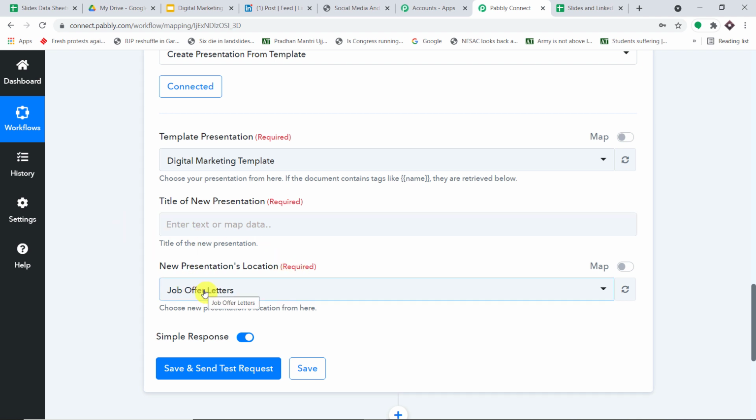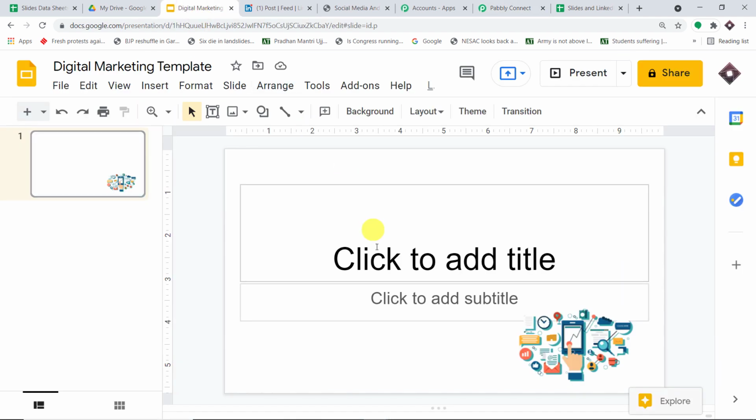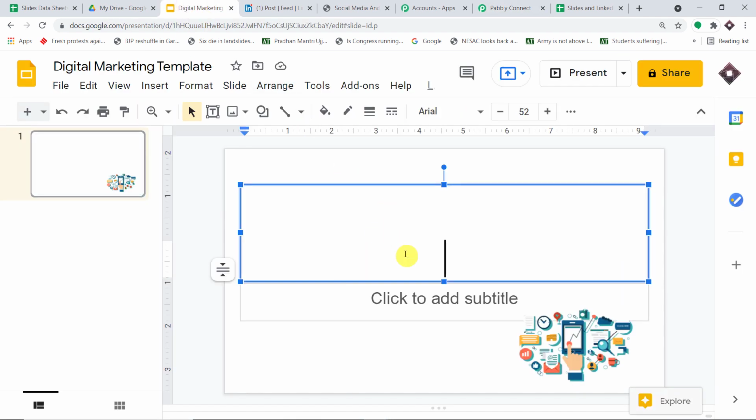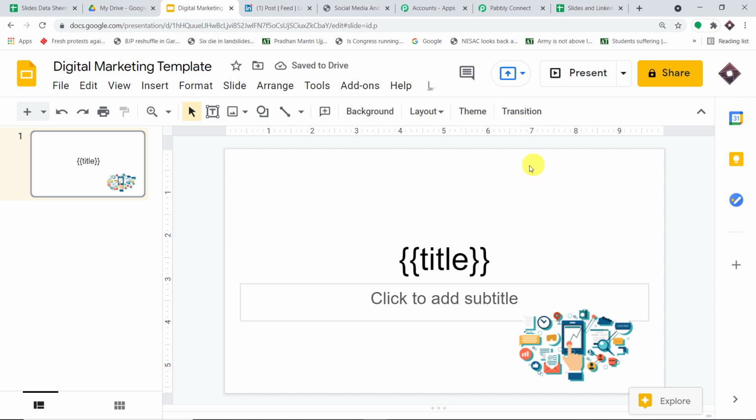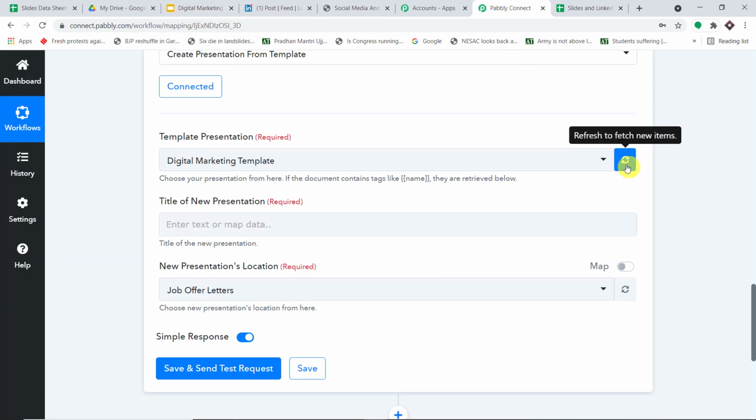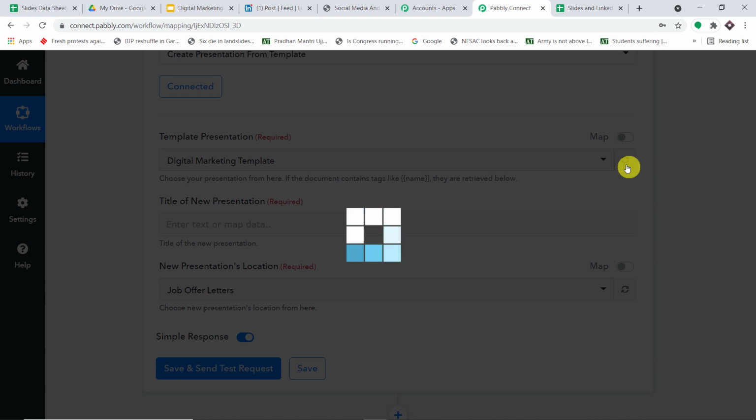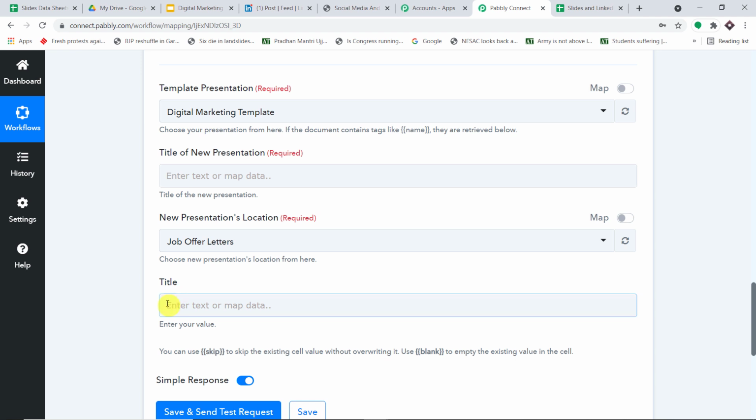Now let me just first introduce you to the concept of dynamic tags. Let me just show you a magic first. So let me just add two pairs of curly brackets. Okay. And in the curly bracket, let me just add title. Okay. Simple. I have not done anything special. I just added two pairs of curly brackets, and inside the pair of curly brackets I have mentioned title, nothing more. So when I go to Pabbly Connect and click on refresh, I can expect to find a new field called title in this window. As you can see, we have one more field, a new field called title.